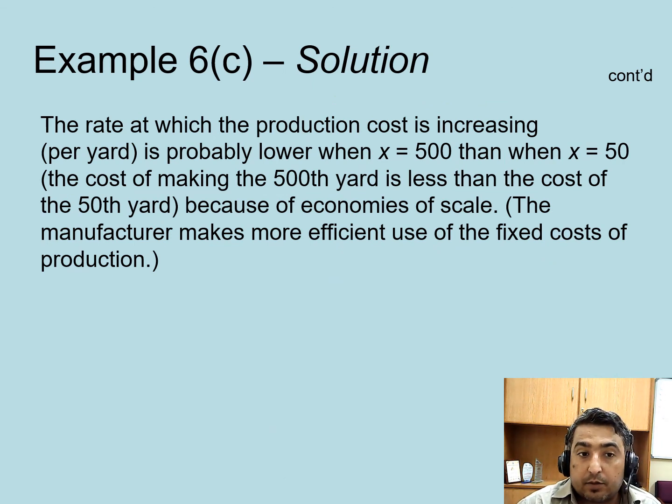The rate at which production cost is increasing per yard is probably lower when x is equal to 5, naturally, because it is increasing with x. Then when x is equal to 50, because of the economies of scale, the manufacturer makes more efficient use of the fixed cost of the